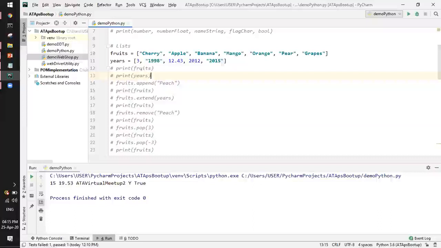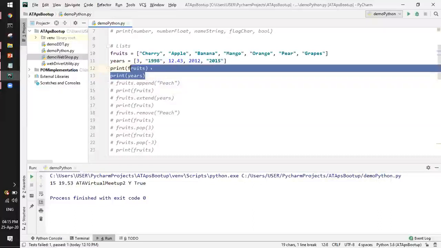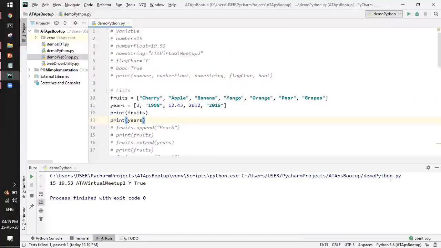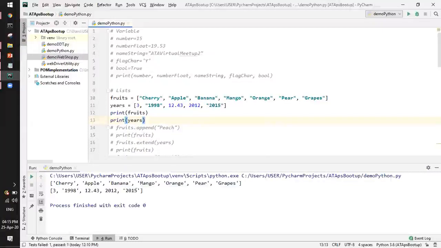Okay, and they are similar but not exactly the same. So you can see here the various types of data can also be accommodated into a single list, which can be an integer value, a string value, a float, anything. So I have commented this one, and I'll just execute this to show what happens. It simply prints, no big deal.